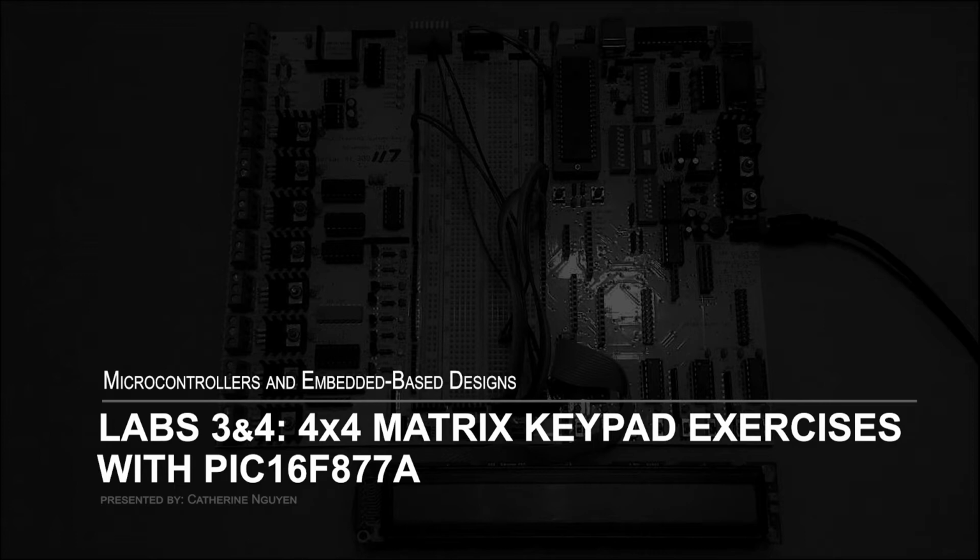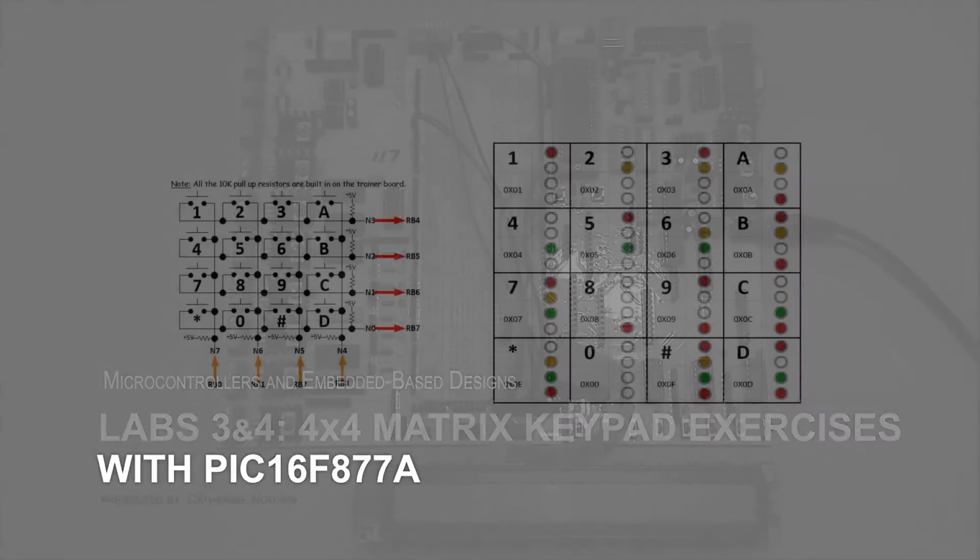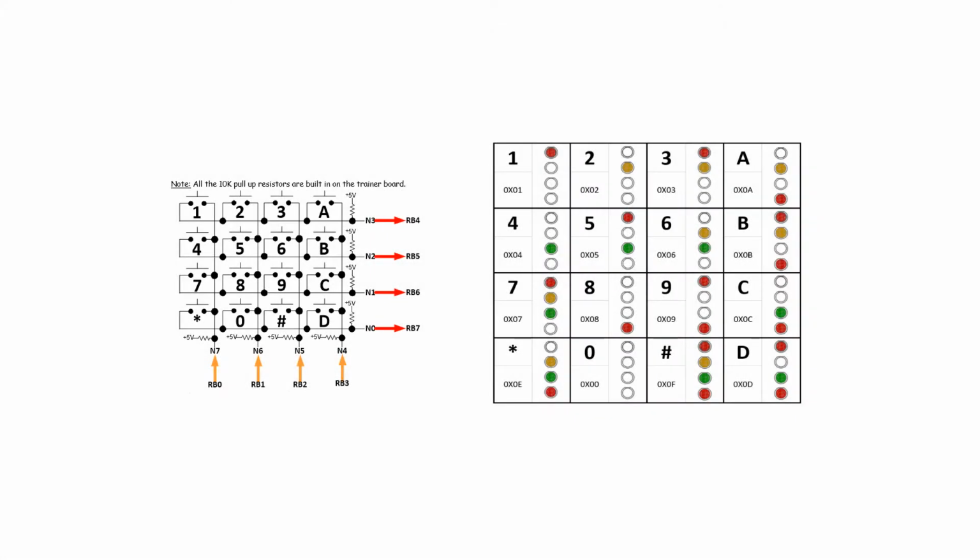How the columns and rows are connected may be subject to change. Also, the LED outputs associated with the individual keys may be assigned on an individual basis. Up on the screen, I have the basic keypad schematic provided in the lab documentation. The connections between N0 and N7 and the PIC inputs and outputs may be assigned, but the general procedure is the same. For reference, here is a graphic created to depict the desired response of the LEDs to the key